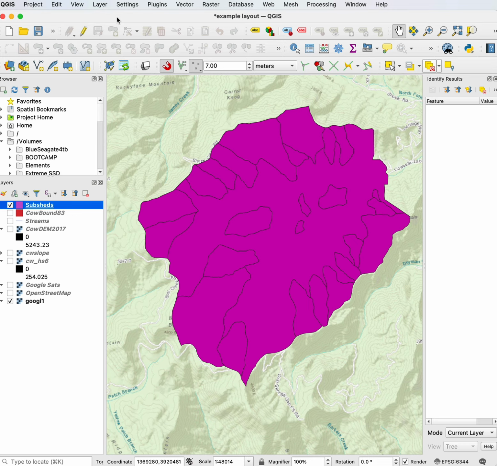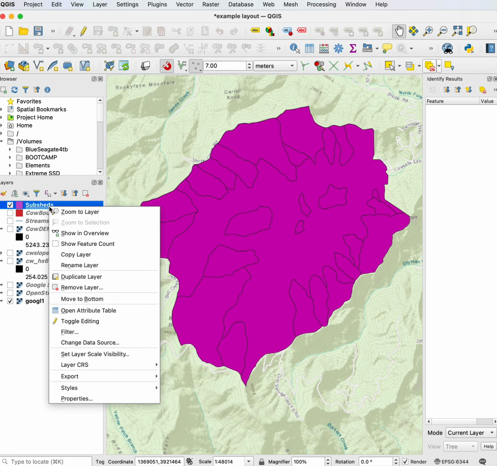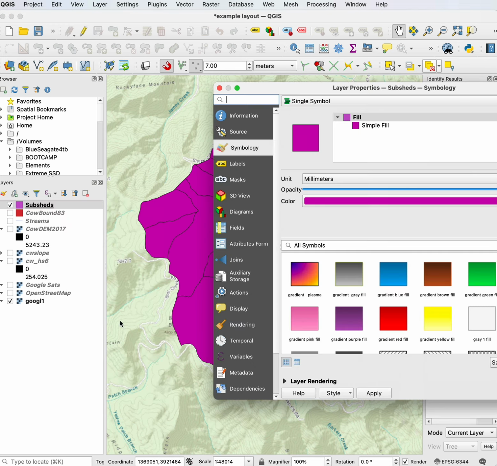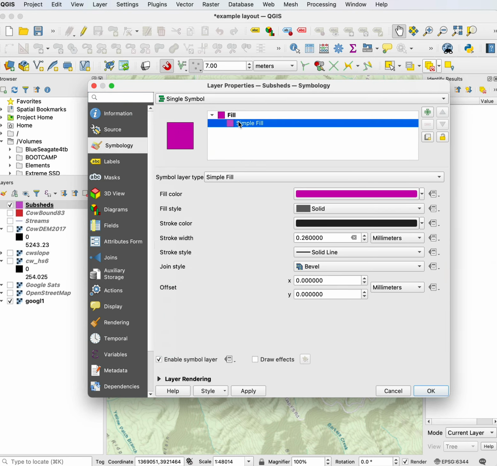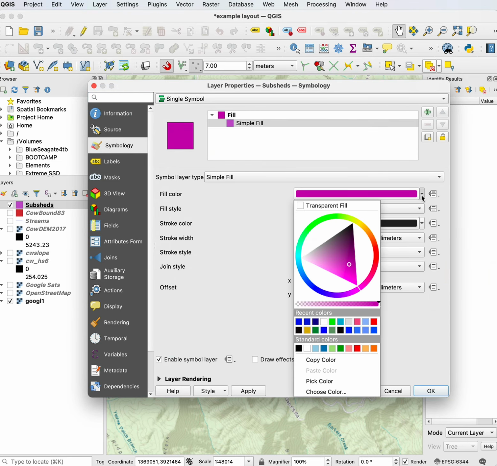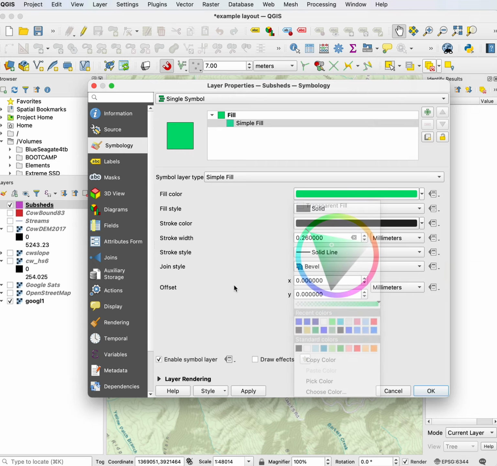I'd like to go over a few more aspects of symbology. Here I've loaded a polygon data layer with a single color. And remember, I can right-click and go to Properties and change that simple fill color either by clicking on the side and getting this helpful circular wheel that I can move to a dominant color, then make it lighter or darker by moving around inside the triangle, left clicking and dragging, and then saying OK, apply and OK, and I